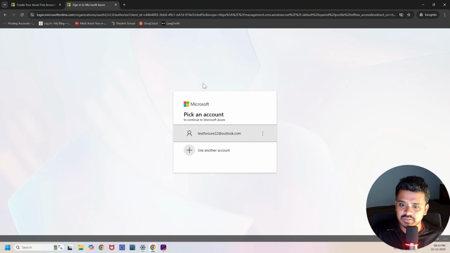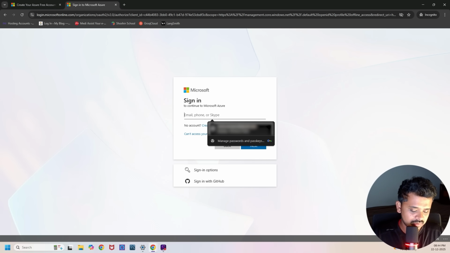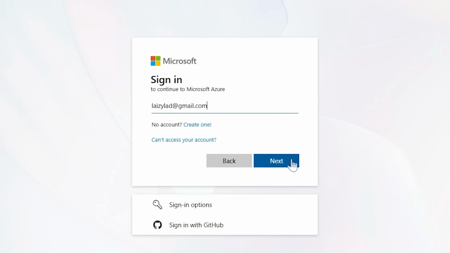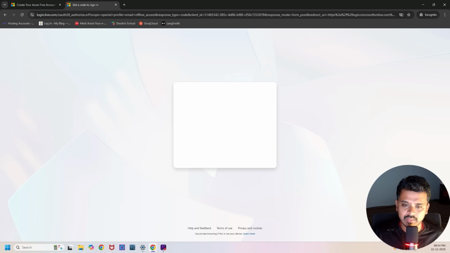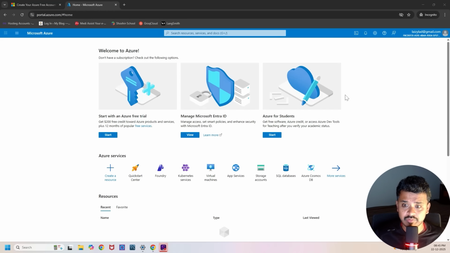So once you reach here, I'm using my account. So let me verify the code. So once you authenticate that, you'll get three options. You'll basically have two options. One, with the free trial, you'll get 200 free credits, and this 200 free credits will be there only for